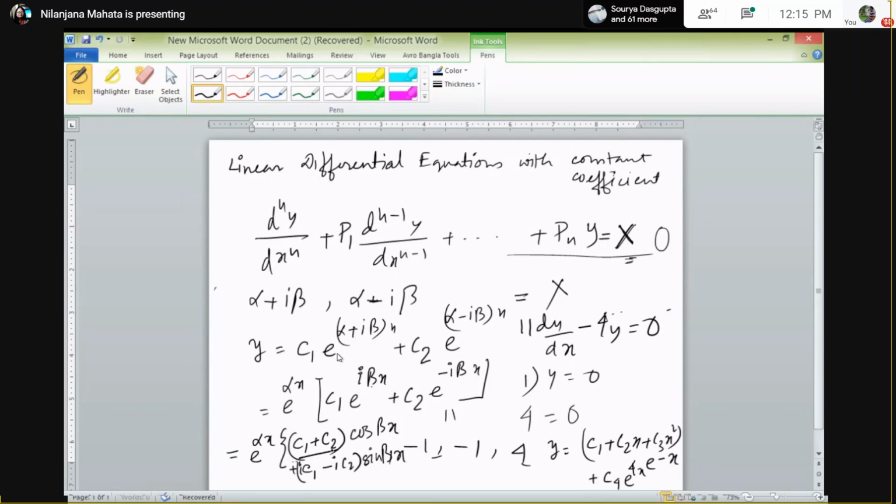I will write the first coefficient as A and the second as B. So your form will be